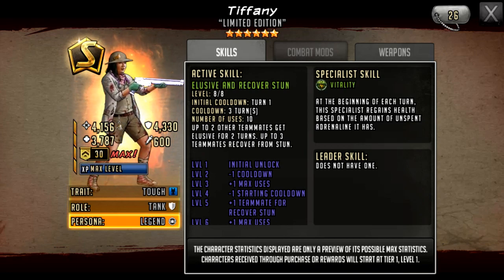It has heavy usage though. Number of uses 10, and that can generally be a bad thing on a defense team. She'll just pop this off for like no reason. Elusive is nice, but you can get around it a lot. On defense teams, you can just see who's got elusive, decide not to attack them, control them with actives, that